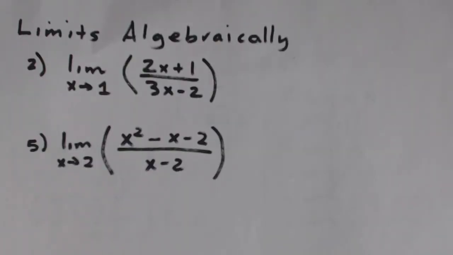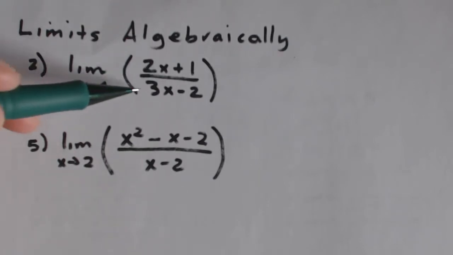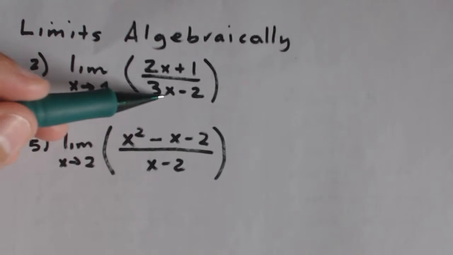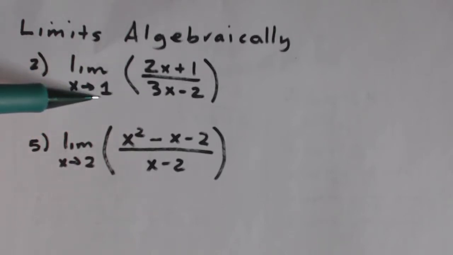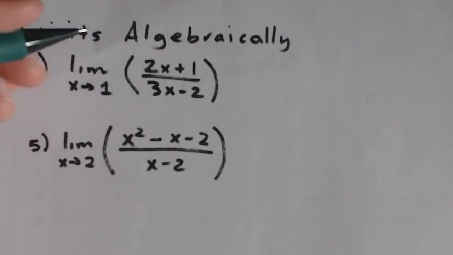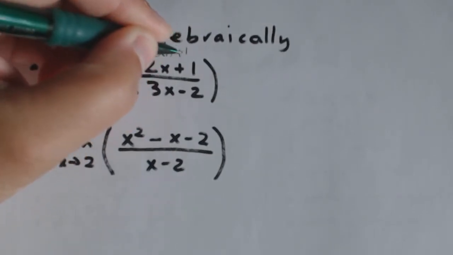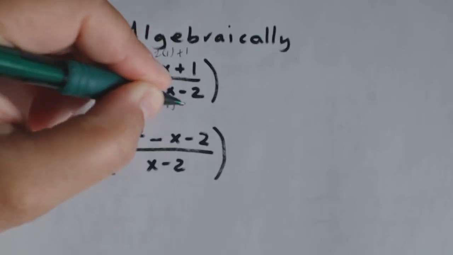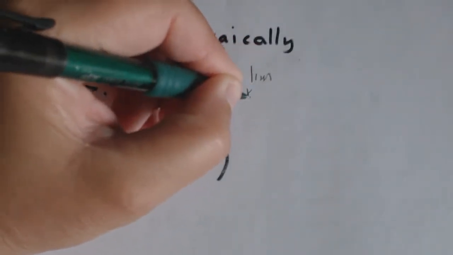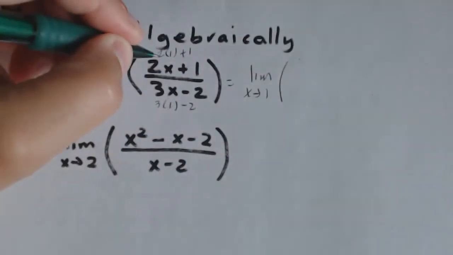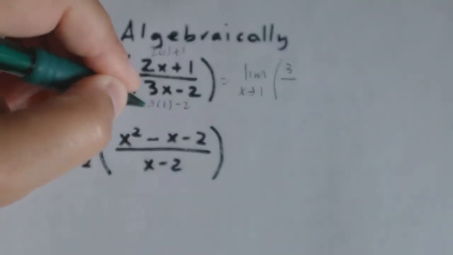Here are some more examples for finding limits algebraically off of a PDF file I found on the internet. The first one is number 2. The limit of this function as x approaches 1. Well, this function is undefined when x is 2/3. So 1 is in the domain of this rational function, so all I have to do is plug 1 in. So 2 times 1 plus 1 over 3 times 1 minus 2. So the limit as x approaches 1 is 3 over 1,